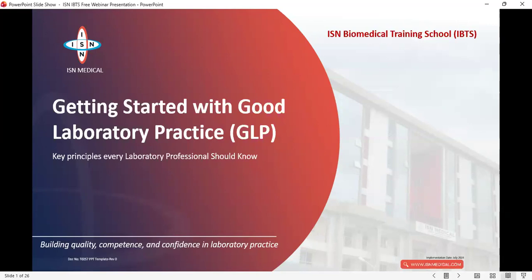I was saying yes, a result can be technically correct and still be wrong at the same time, because the machine that was used in running the sample is working properly. The reagents are working fine, and the procedure used in carrying out the test was correct. But the result will still be wrong, depending on the time the person's sample was taken, depending on the type of test that the person wants to run.